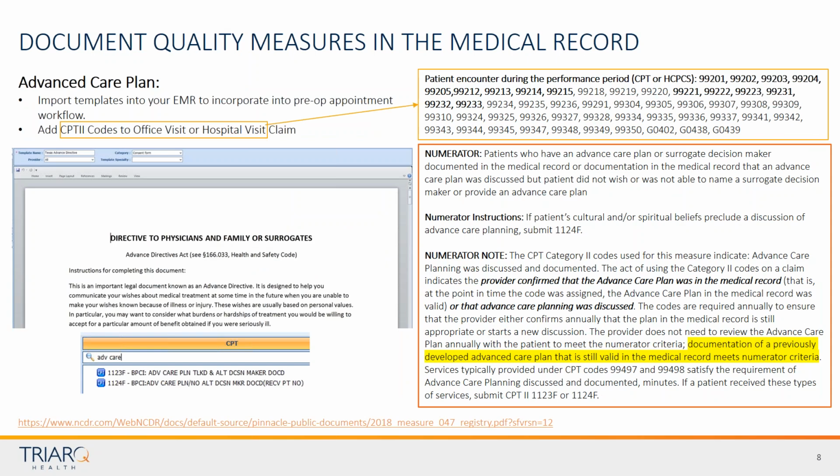For advanced care planning, again, keeping in mind the idea here is the documentation, when you report this measure, 1123,